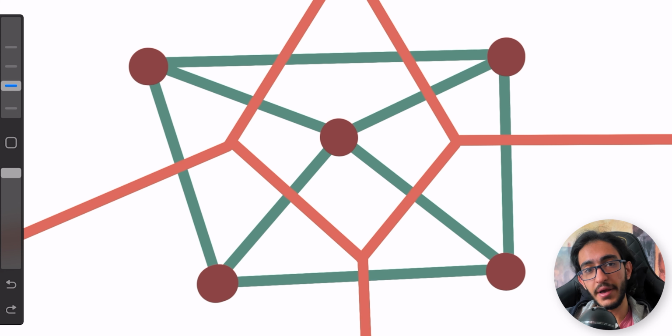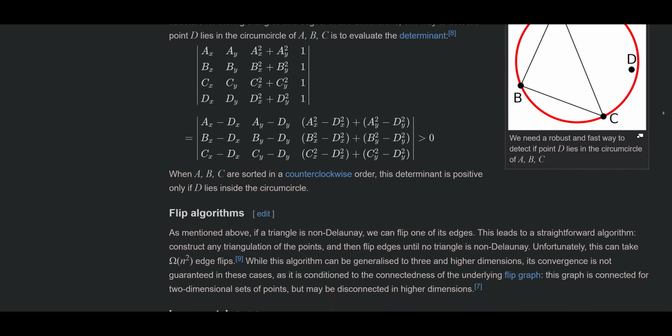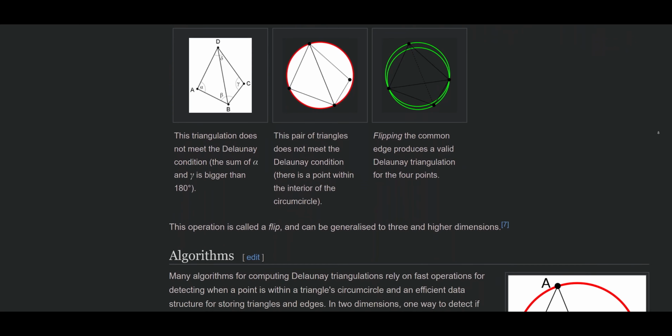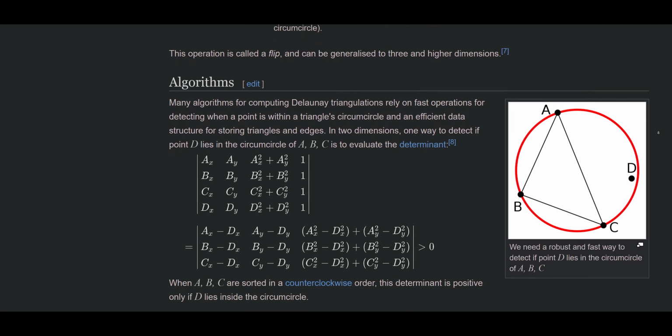One question still remains: how do we construct the Delaunay triangulation of a set of points in the first place? And here we are going to discuss a few different algorithms. There are a couple of different types of algorithms which you can use for constructing the Delaunay triangulation. There are incremental types, there are flip-based types, and you can see all of these algorithms listed in the Wikipedia page. I think the Wikipedia page of the Delaunay triangulation is the best place for you to look through